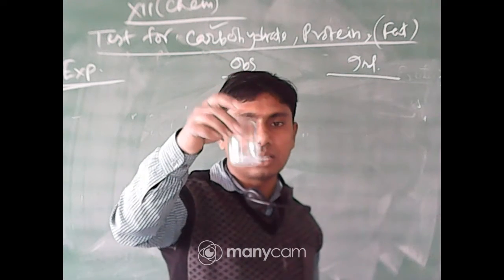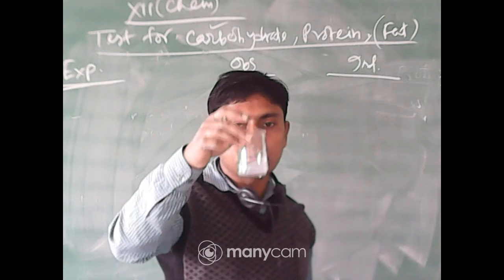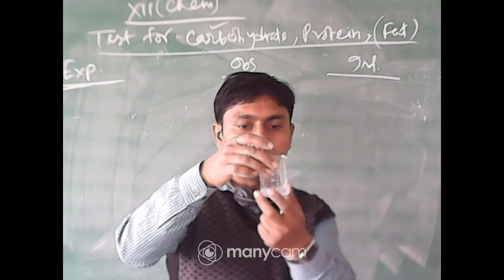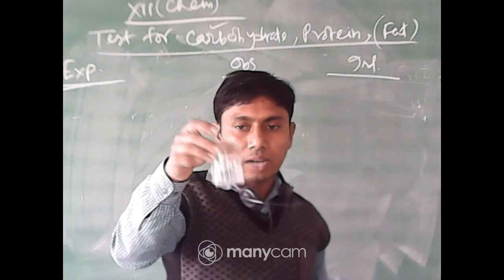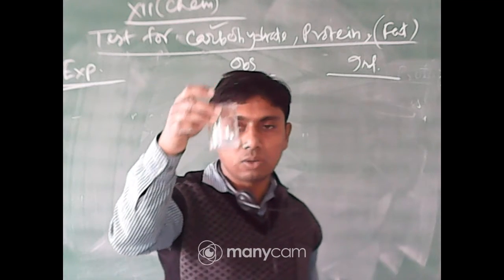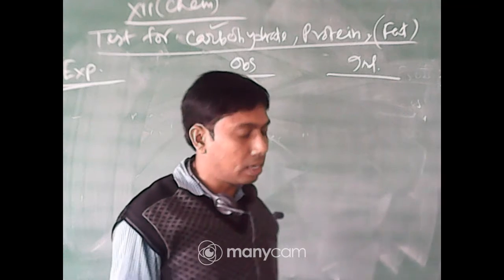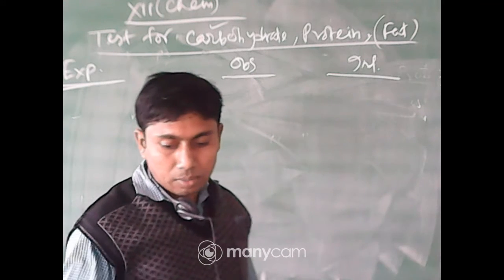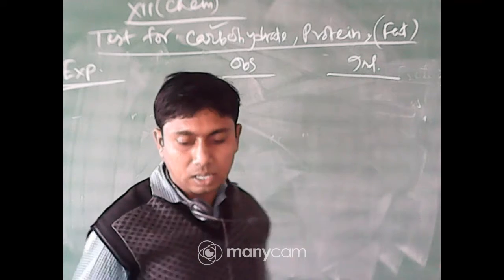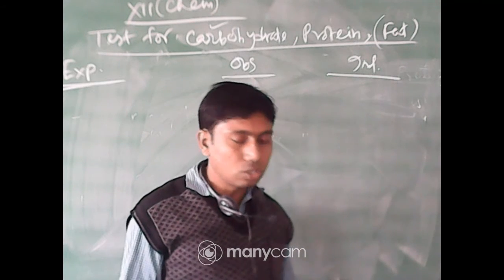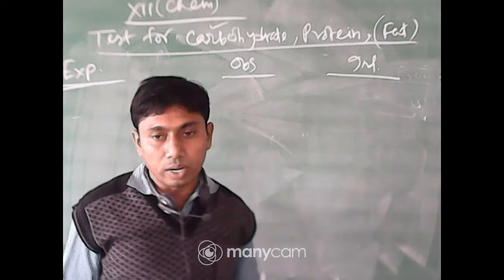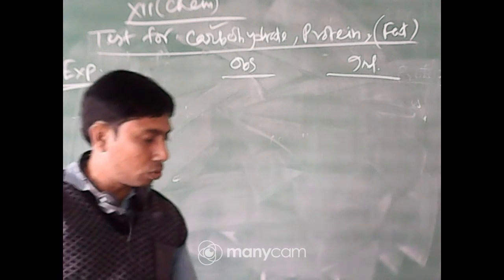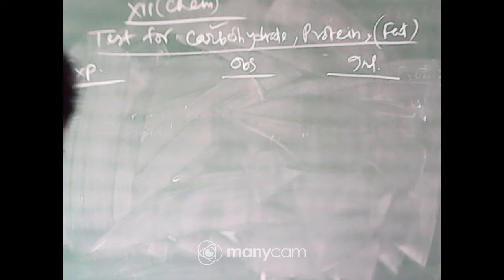As such, starch is a colloid, so in cold it becomes colloid. So we have to heat it, taking a hard, dry mass, that is the solid sample, then add distilled water and heat it for some time to become a clear solution. We also require concentrated nitric acid and concentrated sulfuric acid. These are the reagents we require, and also we will require one water bath. Today we have prepared one water bath here. So this is the requirement for the test.